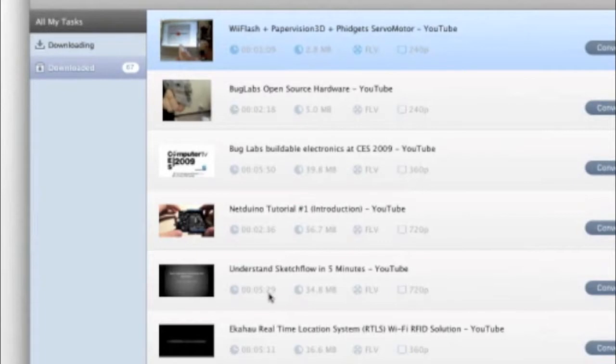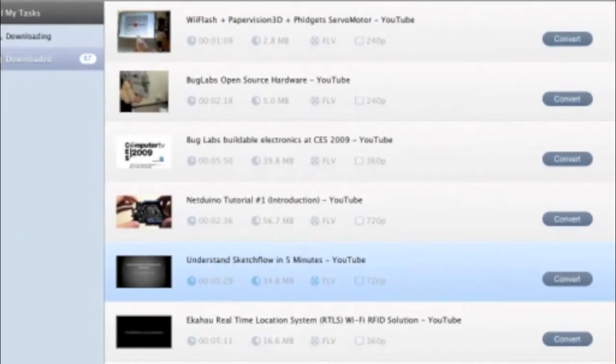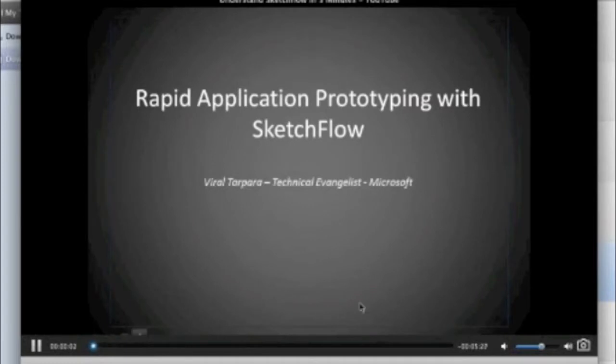So here we go. My name is Harold Trapara. I'm a technical evangelist at Microsoft. But hopefully this presentation will really speak to the designers in the audience, because we have something that's really going to change the way designers and customers who hire agencies will be able to prototype